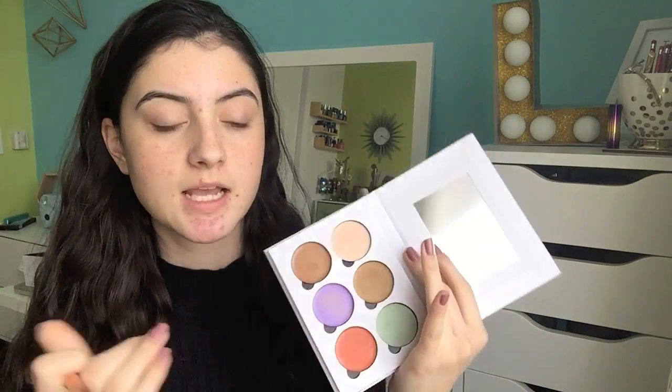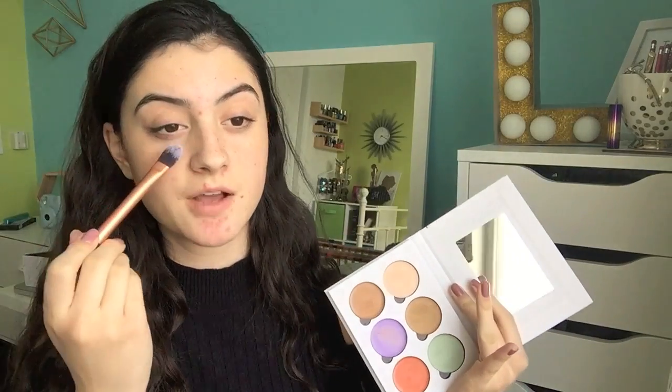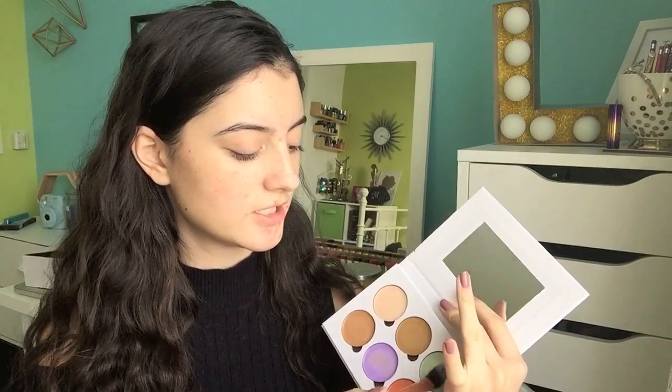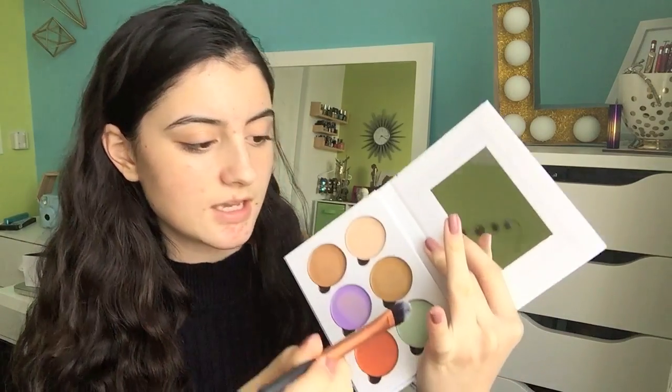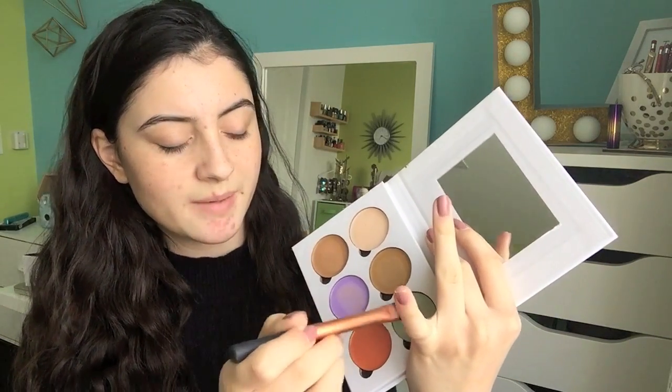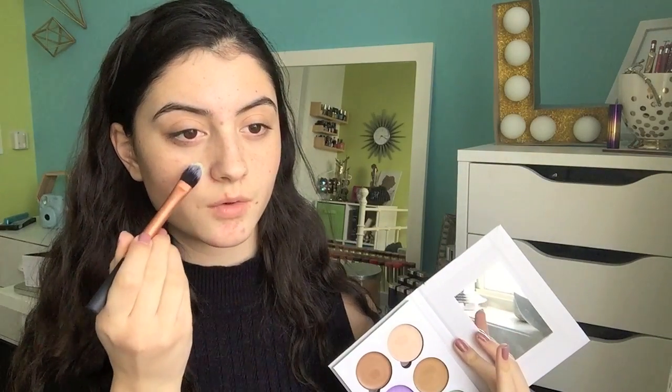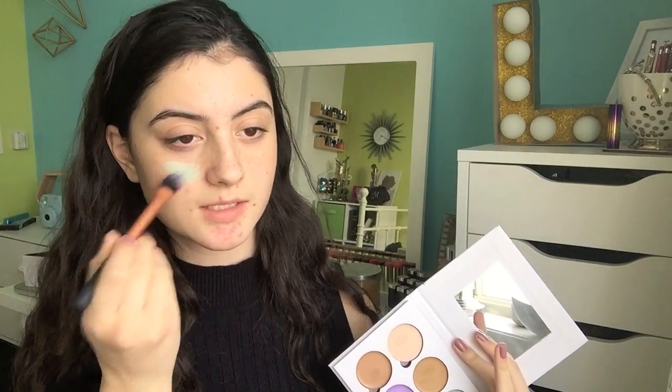And I'm going to try these cream products out by themselves, and if they are too stiff or too hard to blend out, I'm going to add some oil into them. But let's see, putting my brush in it, it feels kind of tacky almost. But, ooh, that is so pigmented. Okay, that's actually applying